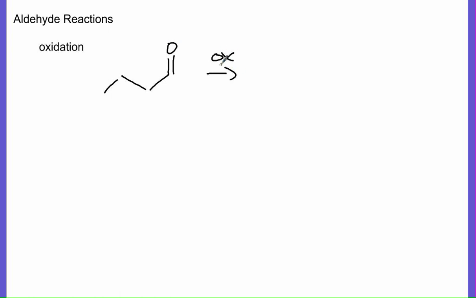now I have to gain a bond to an oxygen. And I can't add another bond to the oxygen that's already there. So I have to bring in something new. So if I oxidize an aldehyde, I'm going to add a bond to an oxygen, and I'm actually adding a hydroxyl group to that carbonyl group